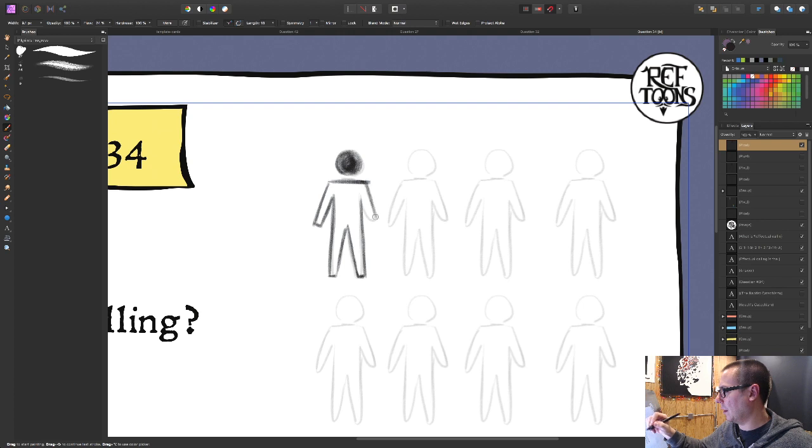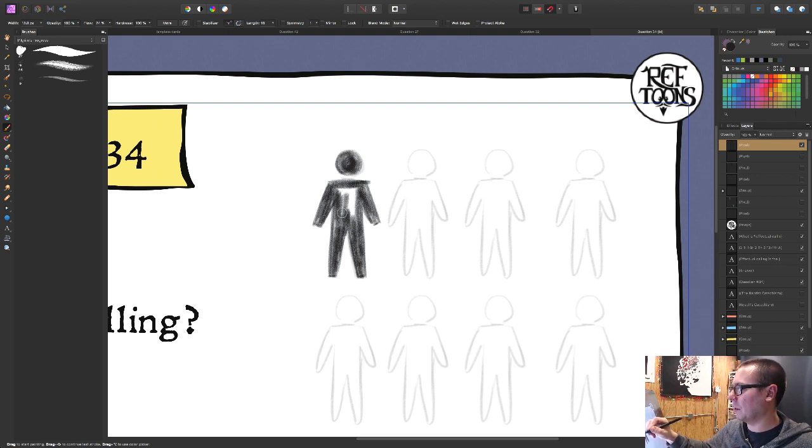So the idea is that the less detail you have on facial features, the more relatable it is to more people. And so I think with these ones, the less features I have on these, to make them more like symbols, will be more relatable to more people.